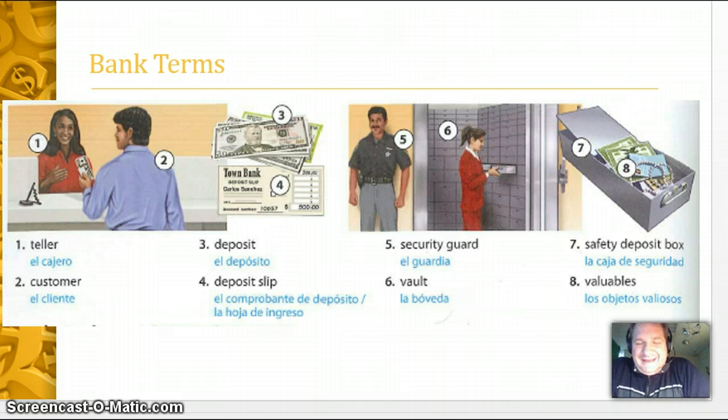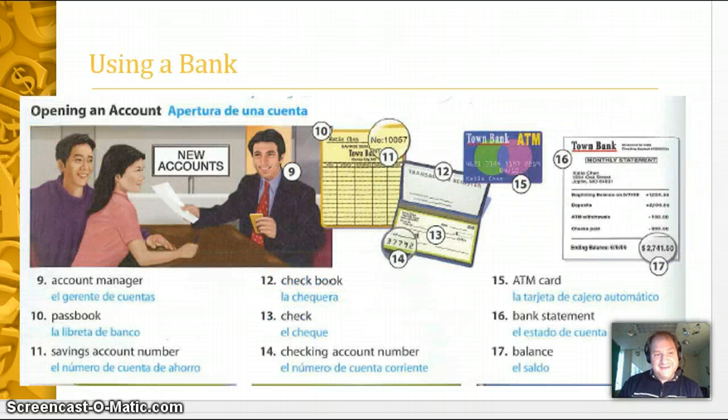At the bank, you'll see a security guard. He really isn't so useful in stopping robberies, but whatever, he's there, he's got a gun. And one thing behind him, the vault. Big metal door. Very hard to get into when it closes, very safe. What if you want to put something in that vault, can you? Yes, you can. You can rent a safety deposit box. Anything that's so valuable you don't want it stolen, an old piece of jewelry in your family, important papers, something like that, you can rent one. They'll charge you an amount for it, but it keeps it safe.